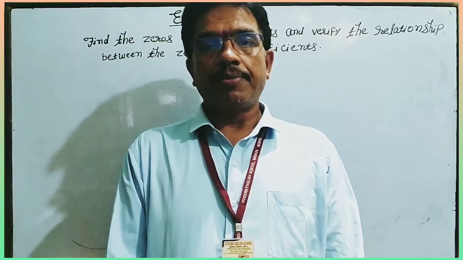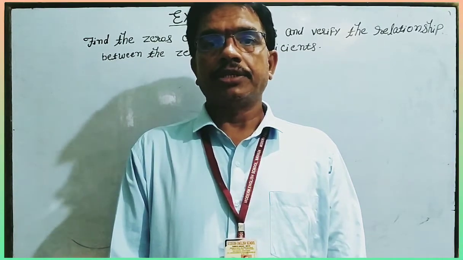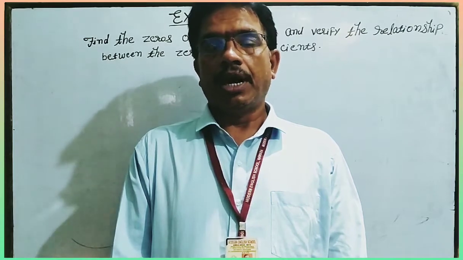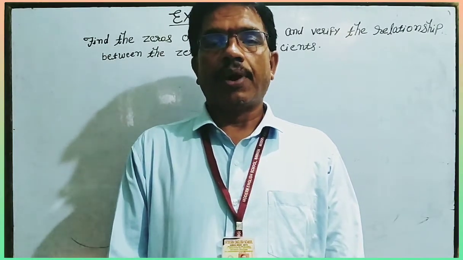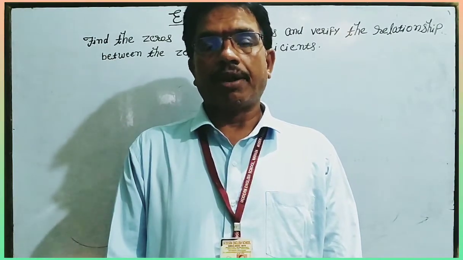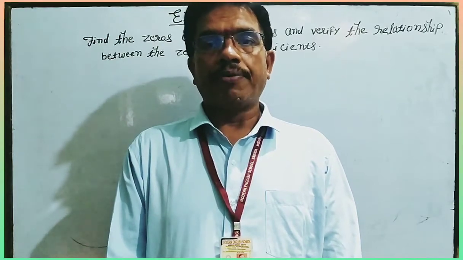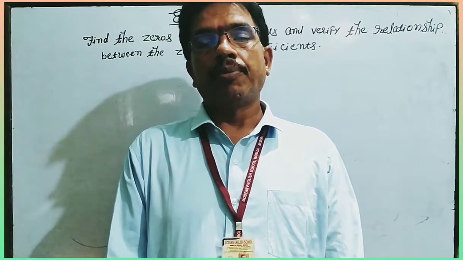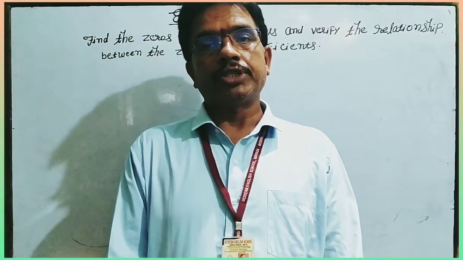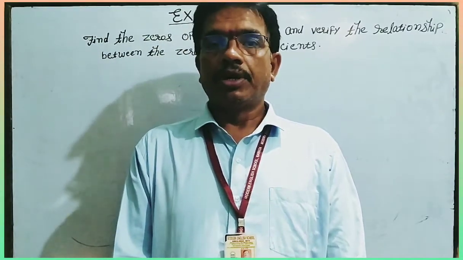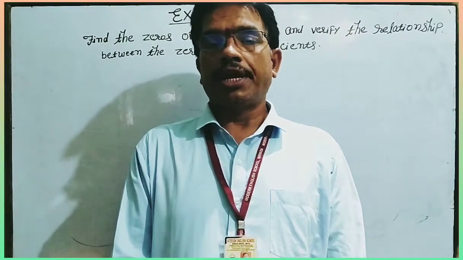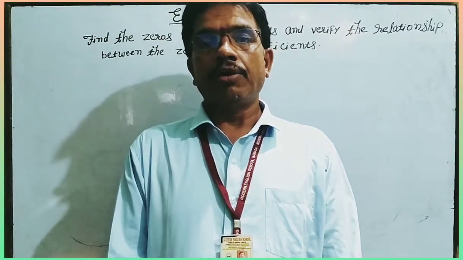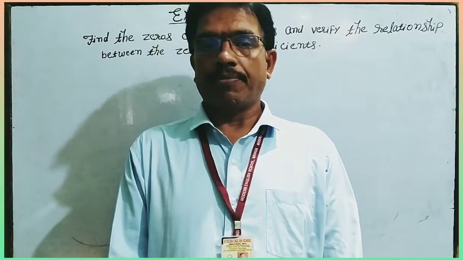Dear student, in the previous video, I discussed examples of polynomials and quadratic polynomials, the relation between the zeros and coefficients, and how you can find the zeros. If zeros are given, then how you can find the polynomial. This type of question I discussed in the previous video. Now we start exercise 2a, and all questions are related to those examples.